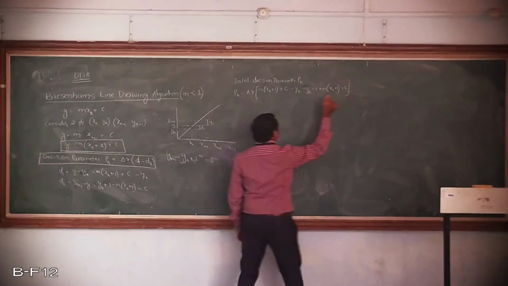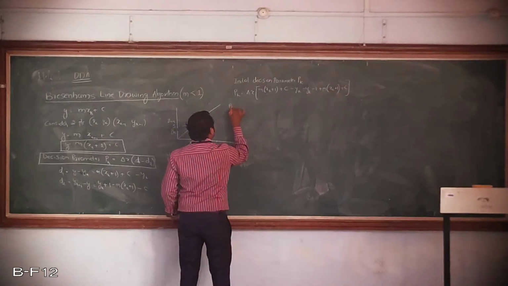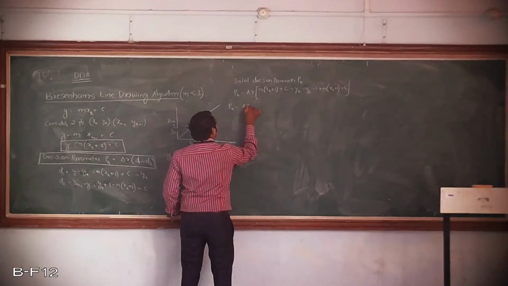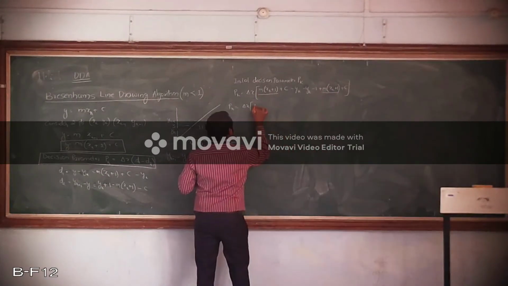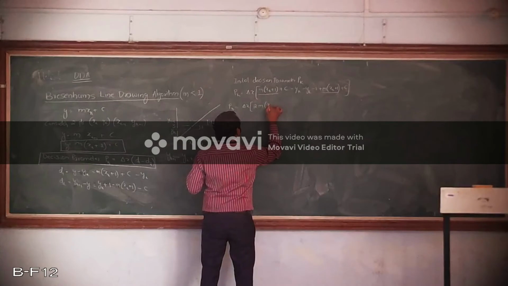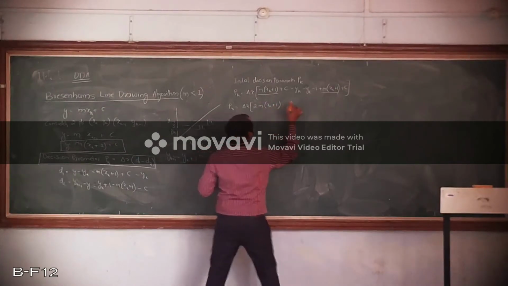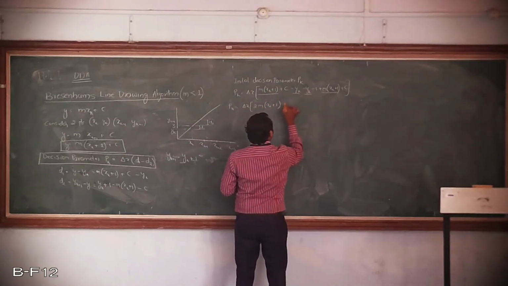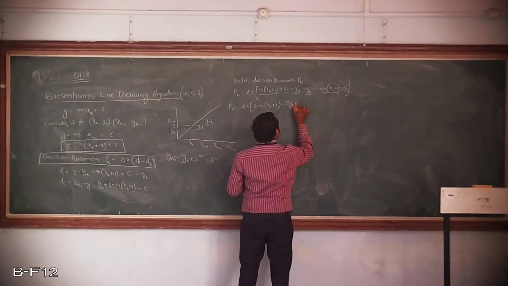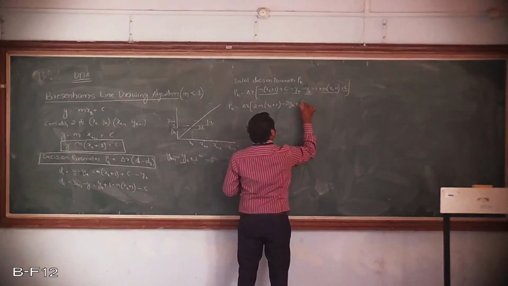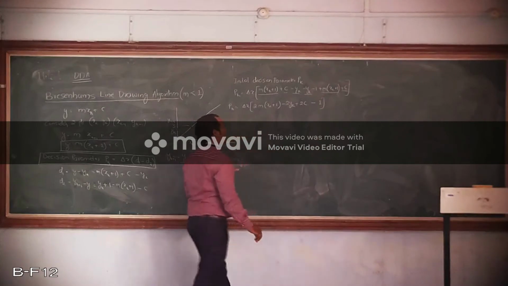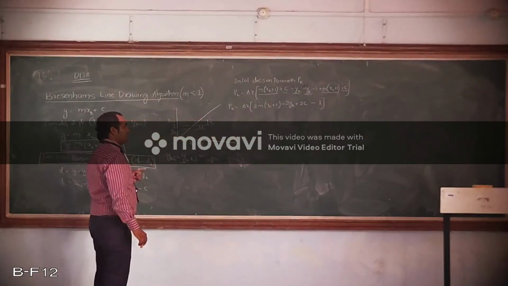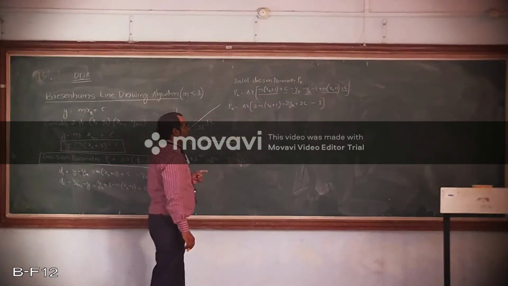So simplifying this initial decision parameter pk, I will write it as delta x as it is. So I can add these two terms. So it becomes 2m into xk plus 1. I can add these two terms minus 2yk. I can add these two terms plus 2c. This minus 1 will remain, that I will keep it as it is, minus 1. So this is the value of initial decision parameter.